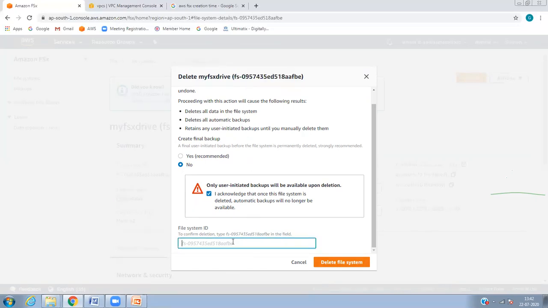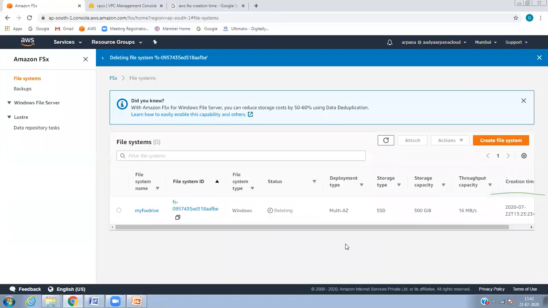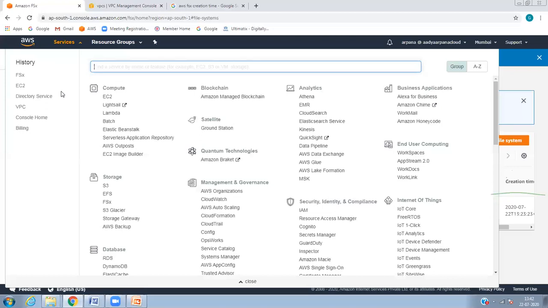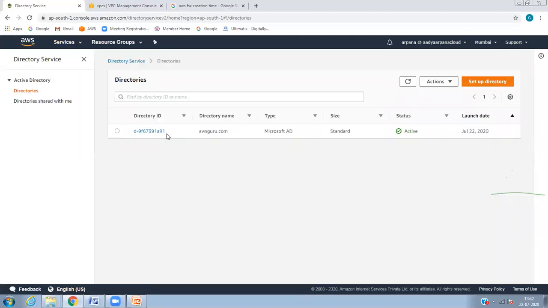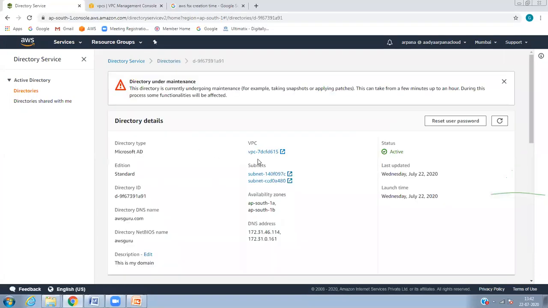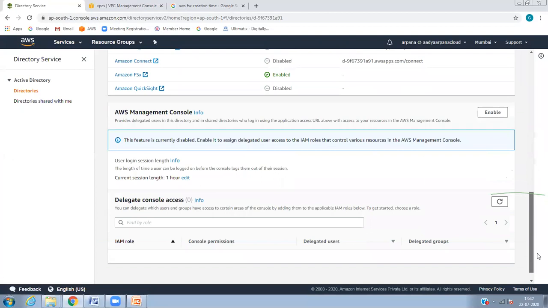One thing I didn't realize is that FSx takes time to create. Otherwise we could have avoided it by deleting the old one earlier. We didn't know at that time that it would take time, right? Yes, correct, because FSx takes more time to create. It will take about 13 minutes.